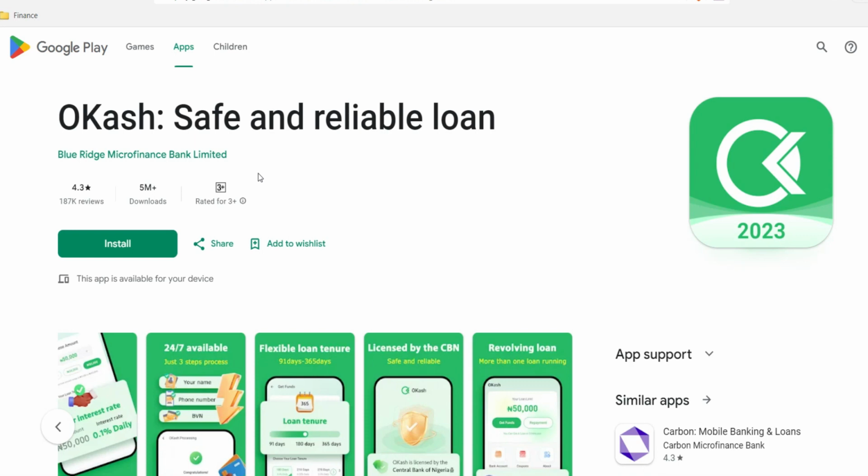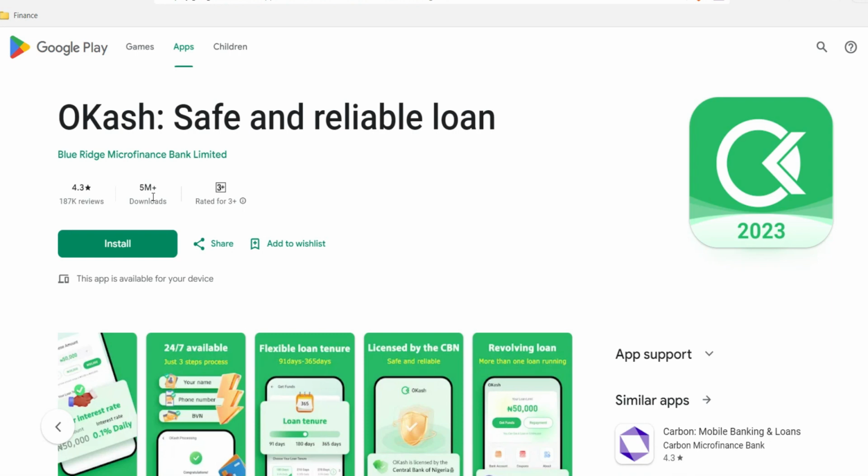So just imagine you see any kind of loan app out there. And mind you, you can see the app's download users are over 5 million. You'll see different new loan apps, and there are some apps that if you don't try to use them for real, you won't be able to understand certain facts about them, because you'll be very curious whether the app will lend you money, because they run different ads. And when you are searching for a loan app, you also see that this app is one of the top rated apps. So you just feel like definitely this app is good, or let me just give it a try.